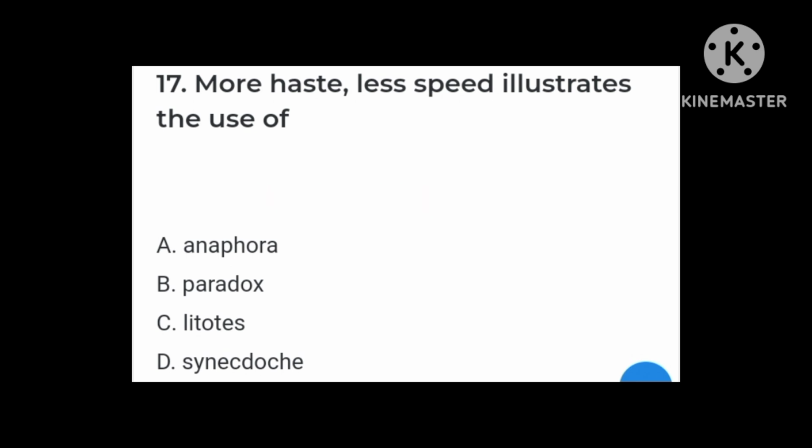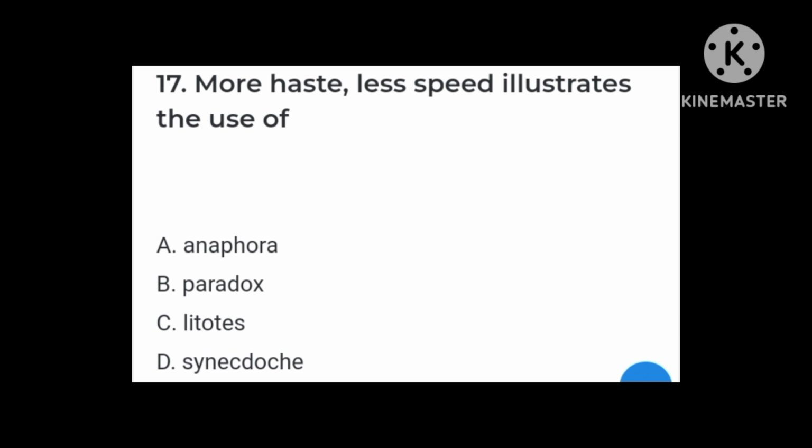Option D is synecdoche. Synecdoche is a way of using a part to represent a whole, or using a whole to represent a part. A good example of it is when you say, all hands must be on deck. You use hands to represent human beings. Or you might say at the last head count that Nigeria is 200 million. There you use head to represent human beings. Anytime you use a part to represent a whole or a whole to represent a part, it is in literature called synecdoche. Back to the question.